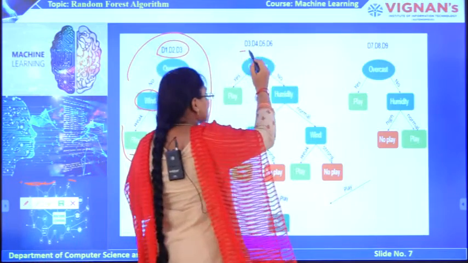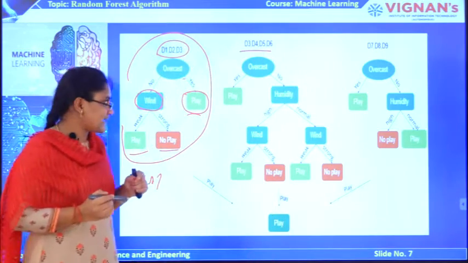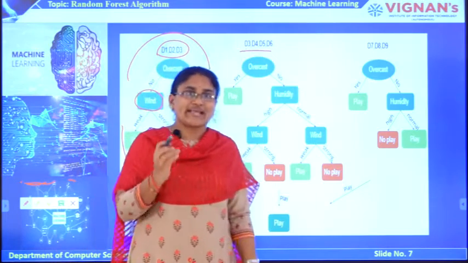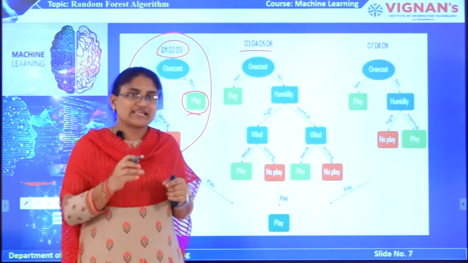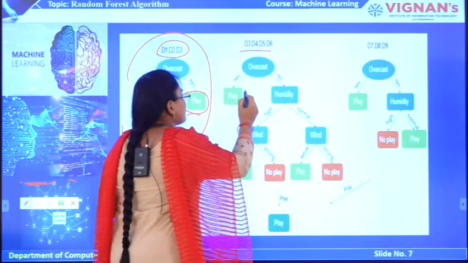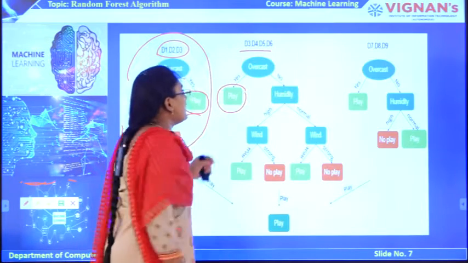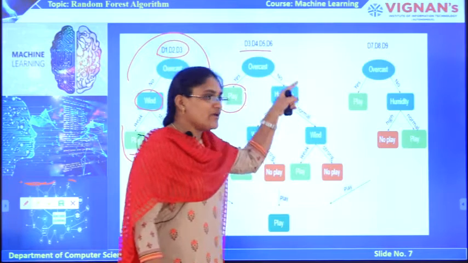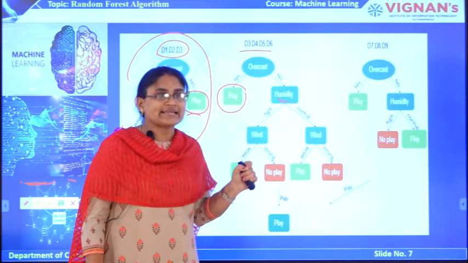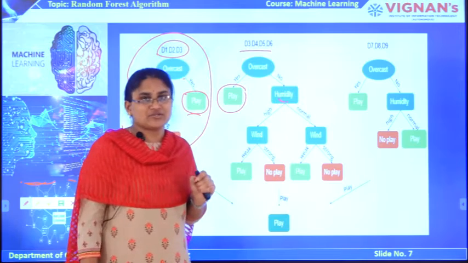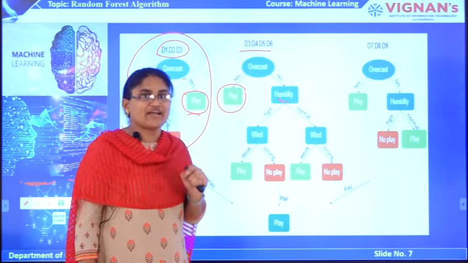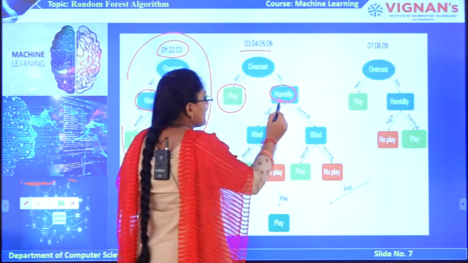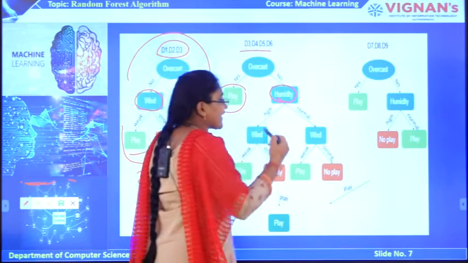Here this is my second subset of the data set, from D3 to D6. Here if the outlook is overcast, then there is a chance to play, and if it is not overcast, then again we have to check the humidity. Why? Because humidity is the second most probable attribute for the best splitting of a decision tree. So I am taking the second decision node as the humidity. Based on this humidity we will take the decisions.